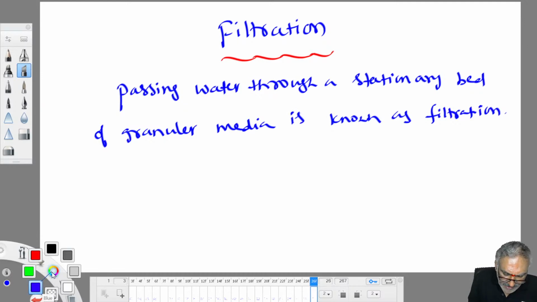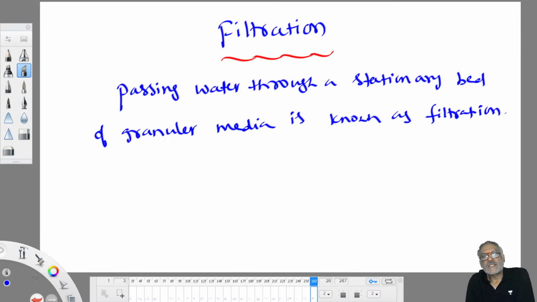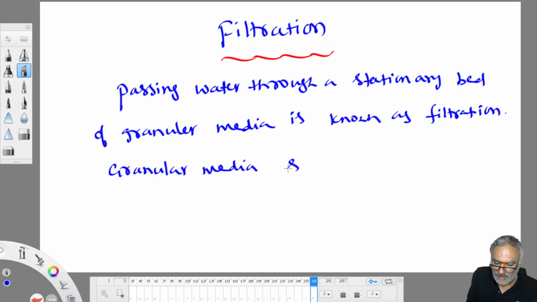This granular media which we use to carry out filtration is known as filter media. So granular media such as silica sand, anthracite coal,